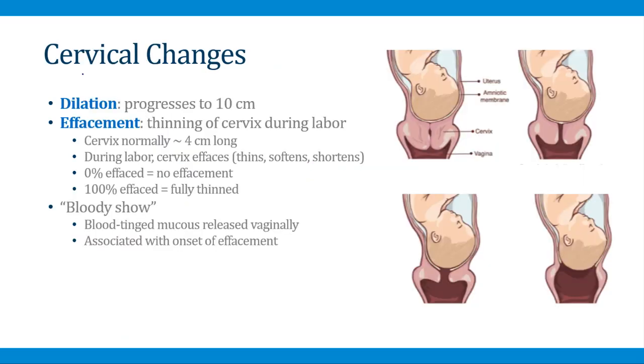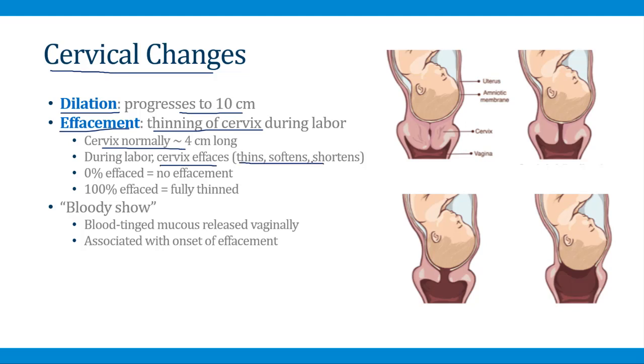Let's talk about the changes in the cervix that occur during labor. So the cervix dilates during labor. It progresses until it's 10 centimeters dilated, which is fully dilated. But in addition to this, the cervix also undergoes another process called effacement. This refers to thinning of the cervix during labor. The cervix is normally about 4 centimeters in length, but during labor it effaces, which means it thins, softens,